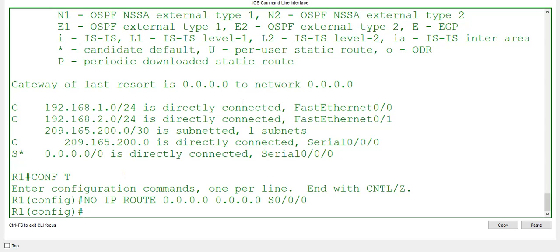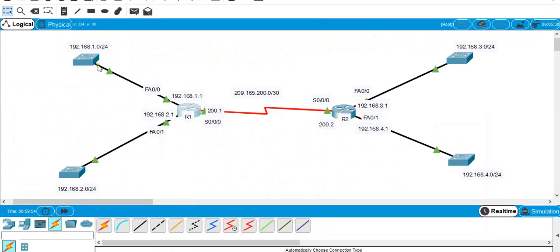Now I am going to do a summary static route. I am going to summarize these two networks, the 3.0 and 4.0 networks. When I summarize them, I will know what network I'm going to use to advertise this. So 3 and 4 fall in a different space, so my last network bit is going to be at 8. So my network would be my summarized network. Let me write this one. The summarized network for these two would be